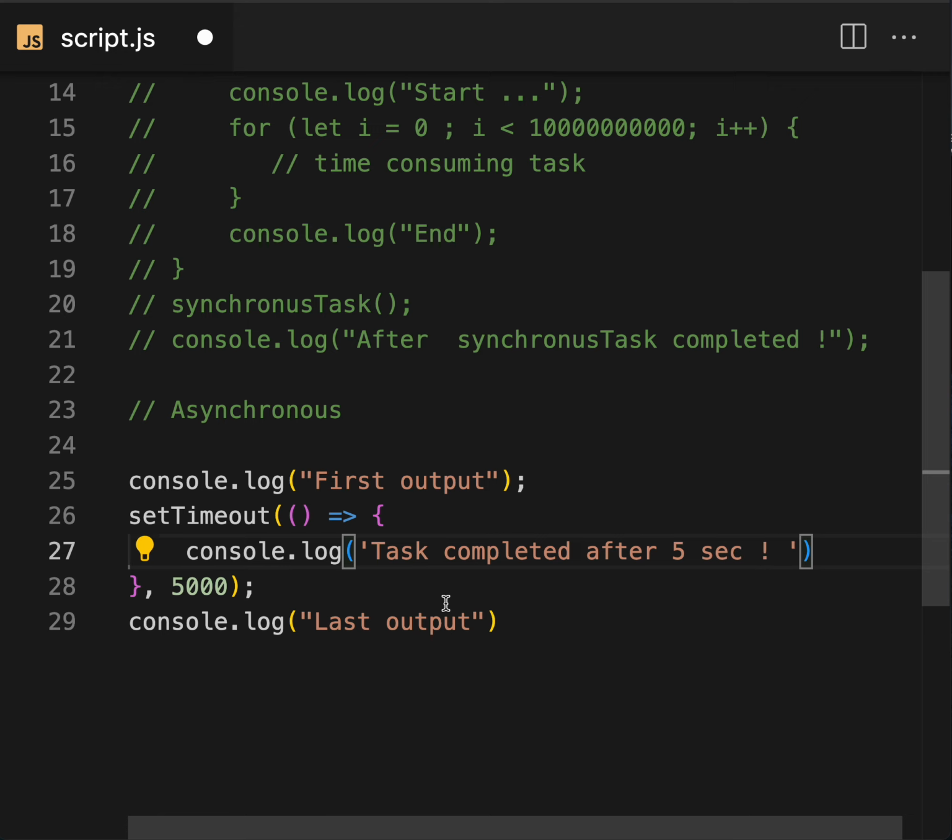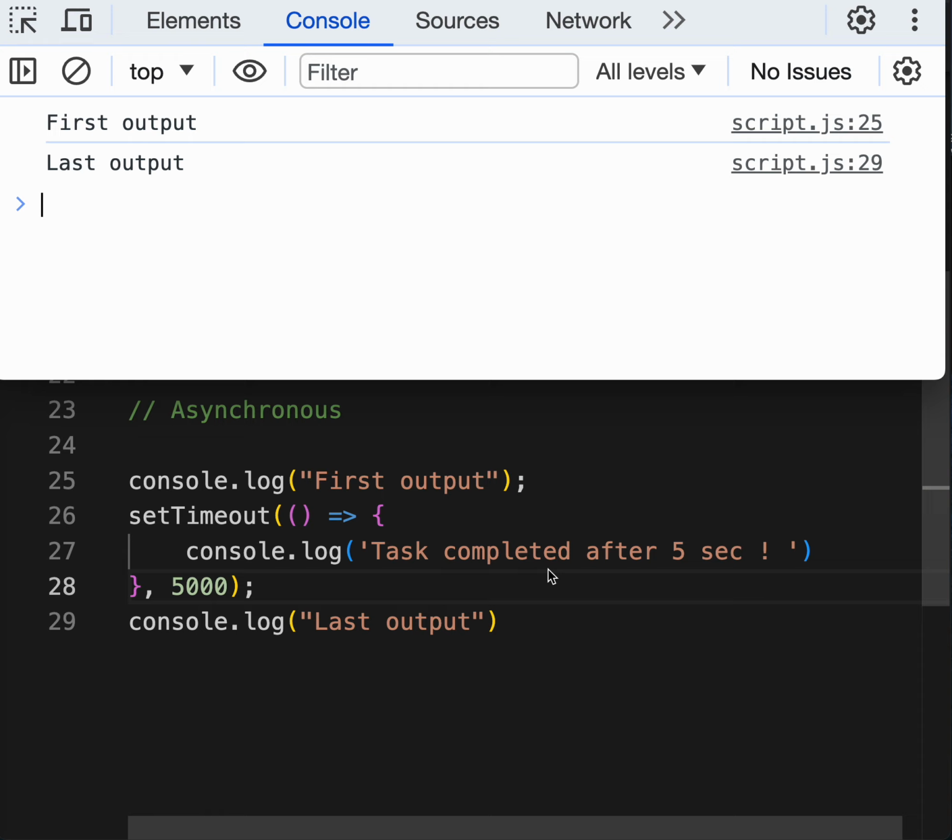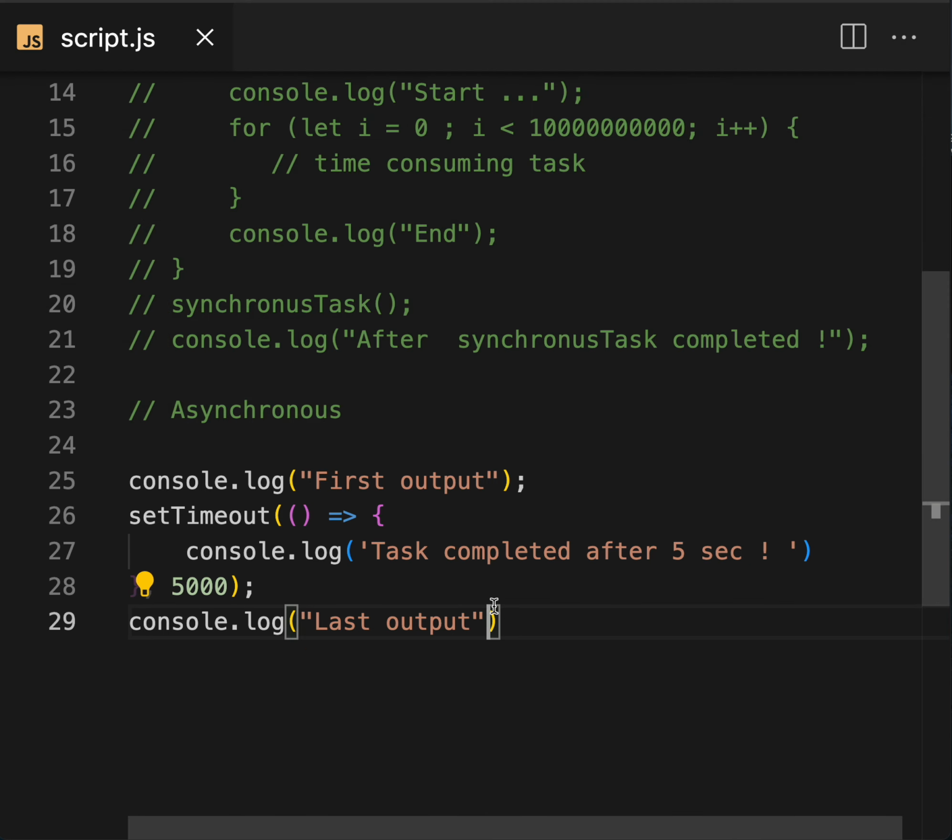Again you see first output is completed, last output is completed, this takes some time, and then after 5 seconds it prints. This is what we call asynchronous programming.